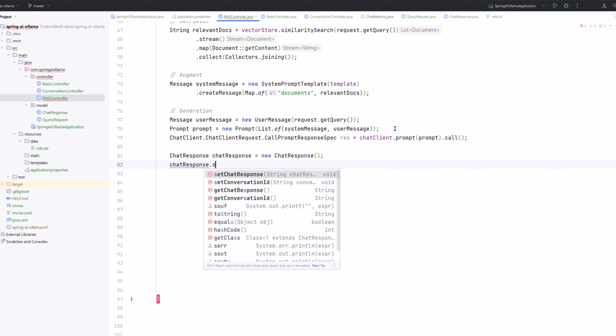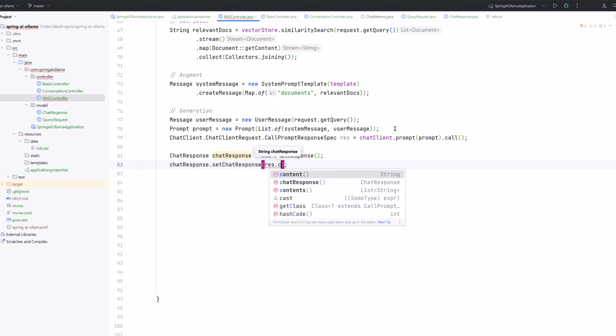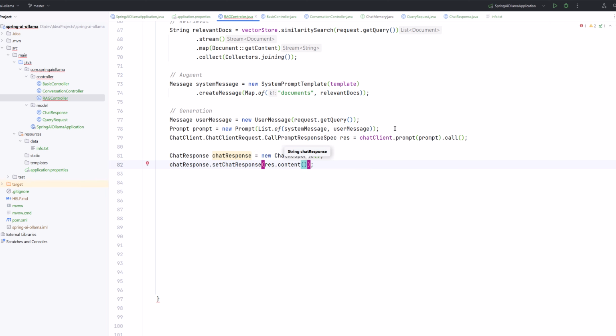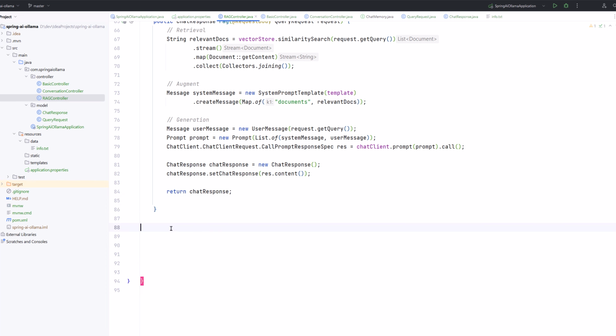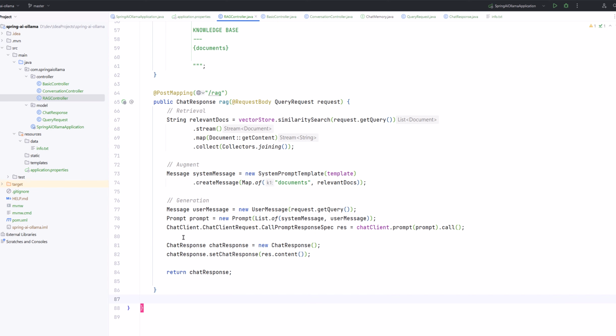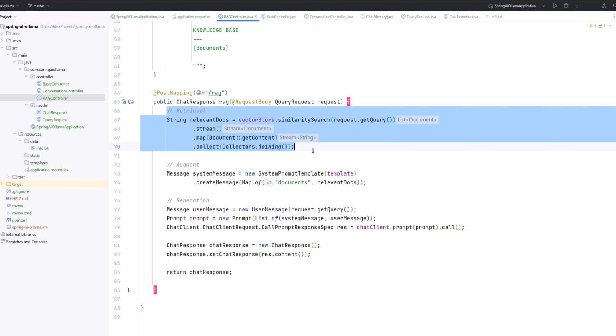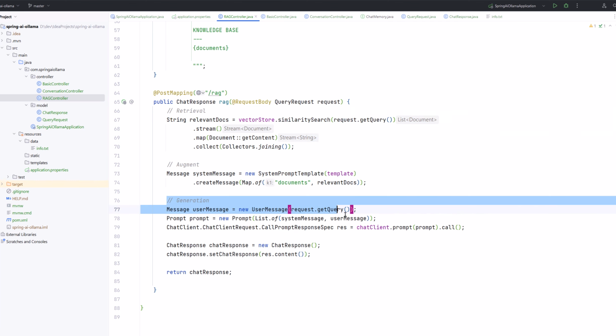That's it. We'll set response from response.content and return chat response. Let me do some basic formatting. This is done. And now it's time to start the application and test things out. So these are the 3 steps: retrieval, augmented, and generation that we have performed.